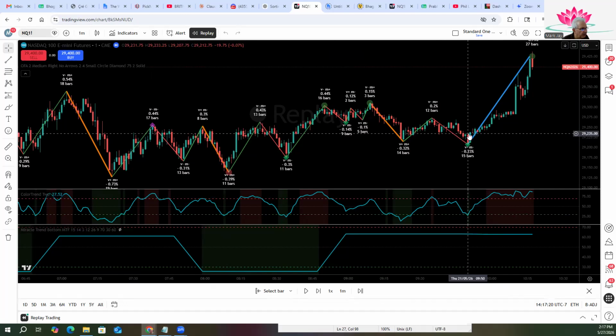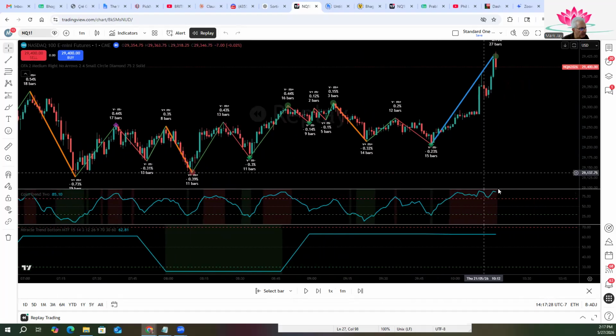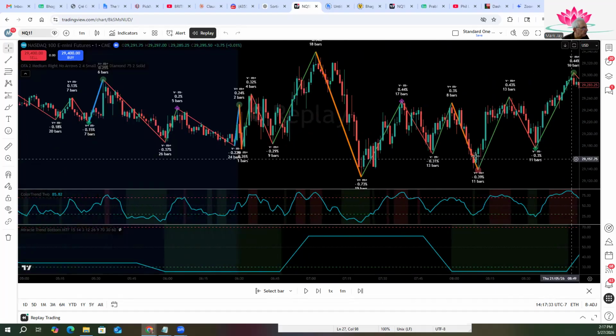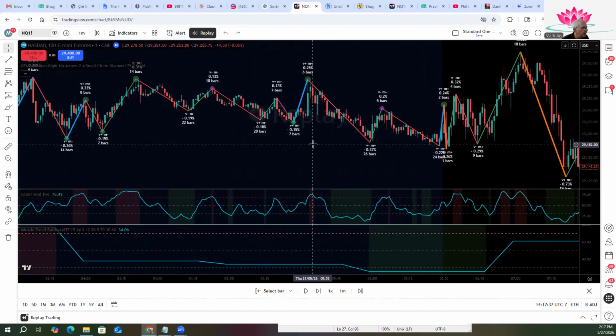We stayed right here, perfect background color, diamond. We take the trade up. We stay in this overbought area because it hasn't come out of it yet. So all the way up it goes. These are amazing trades, and you didn't have to do anything other than make sure that when you take the trade,